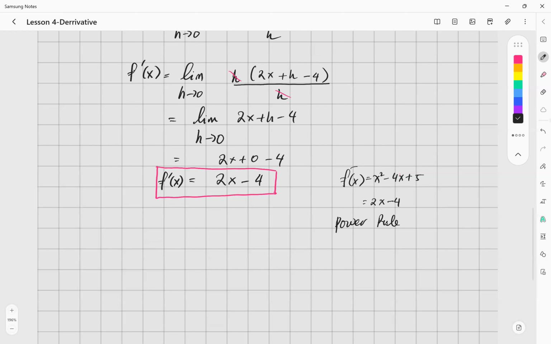Power rule. Where you have a function y, to find the derivative of that function, you simply take the derivative with respect to x of x raised to some n. You just bring down the n, x to the n minus 1. That's one of the rules. Later on, you have a bunch of rules that will make your life easier. But as of now, let's just solve derivatives using the formula, because I want you to understand